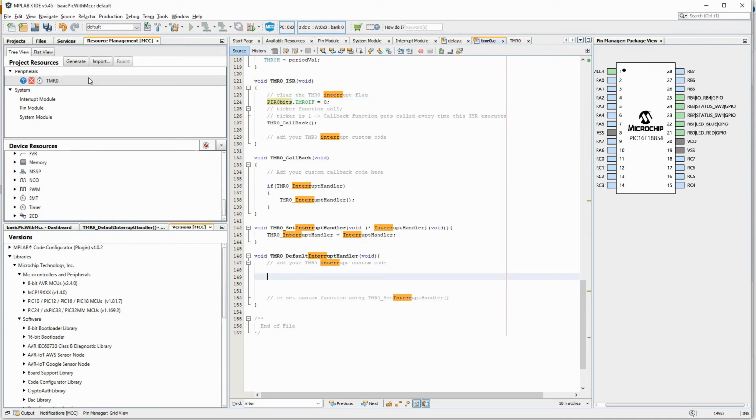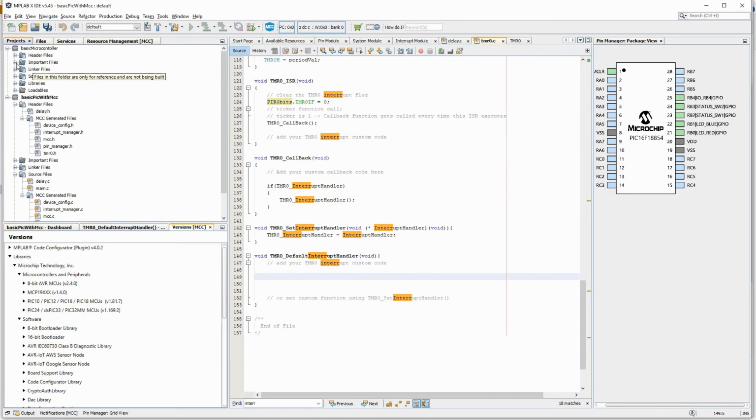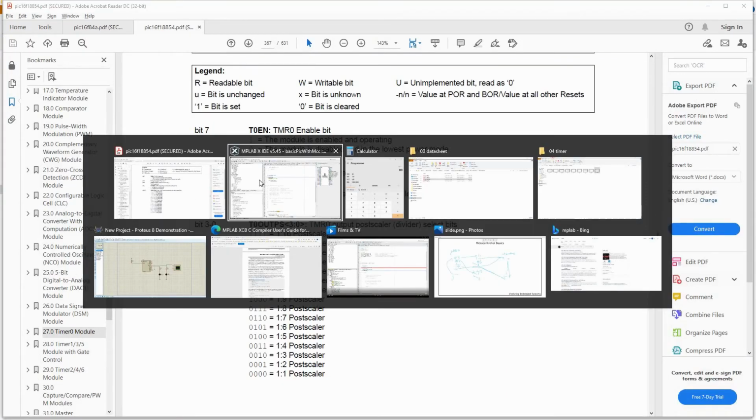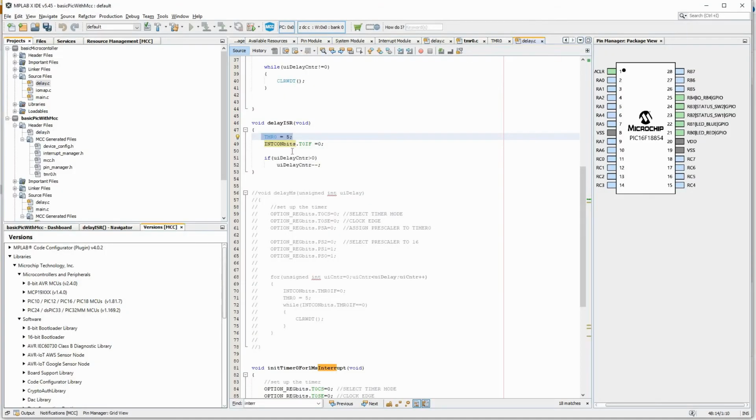So let me open our old code so that we have that as a reference, source code and delay.c. ISR, only thing is I have to write 5. I cannot write 5 because I think I have configured this for 20 megahertz or 32 megahertz. So I have to recalculate the whole thing in Excel.